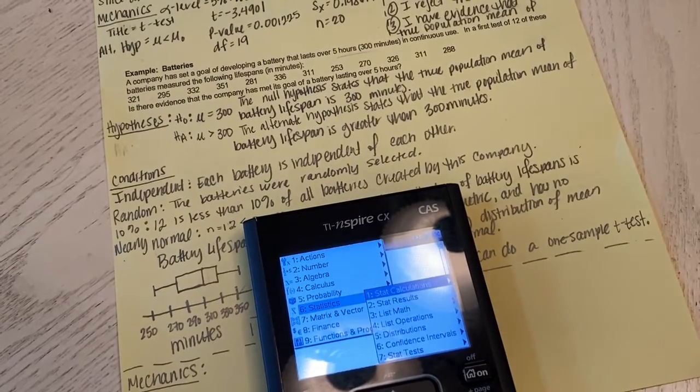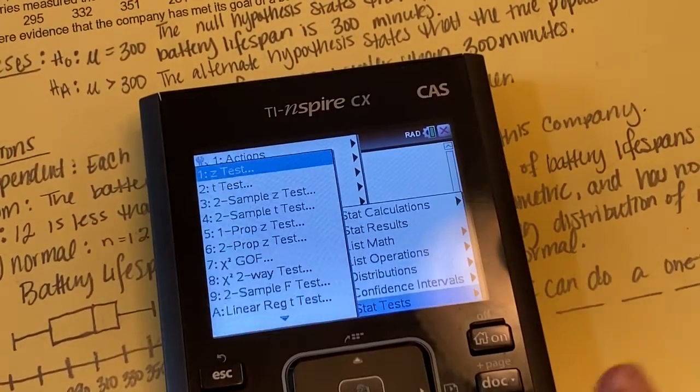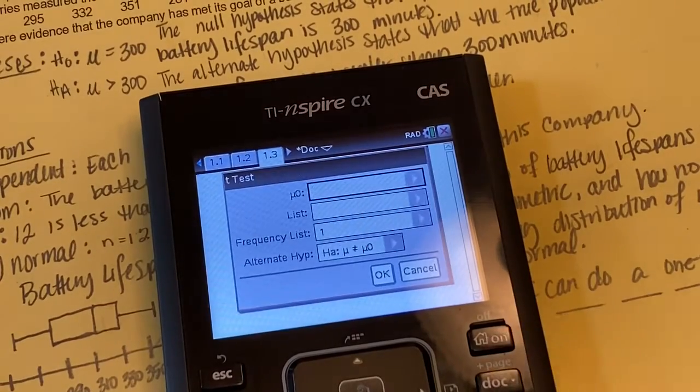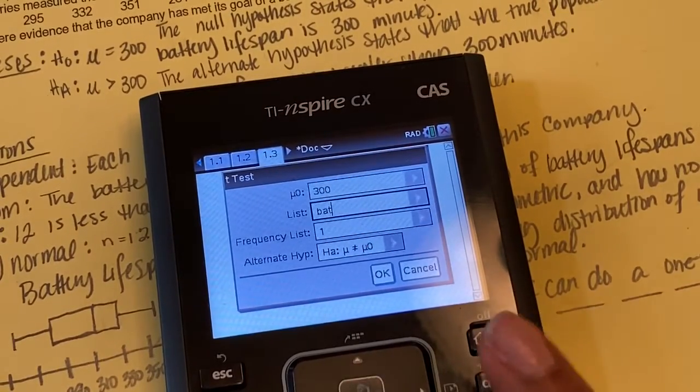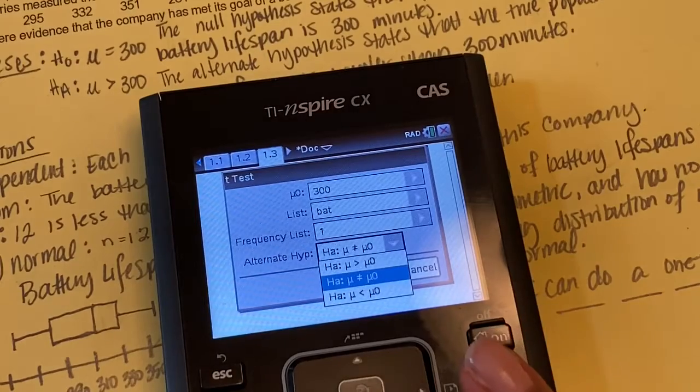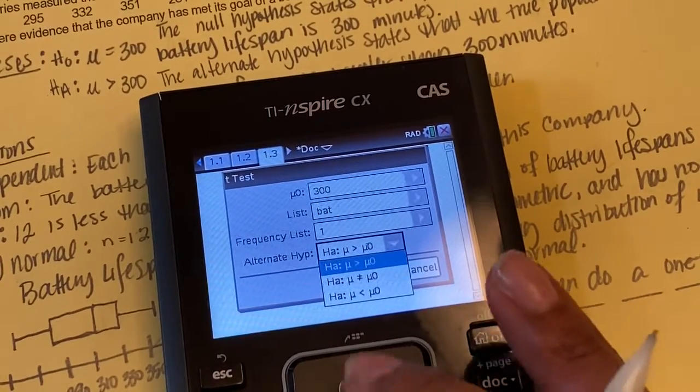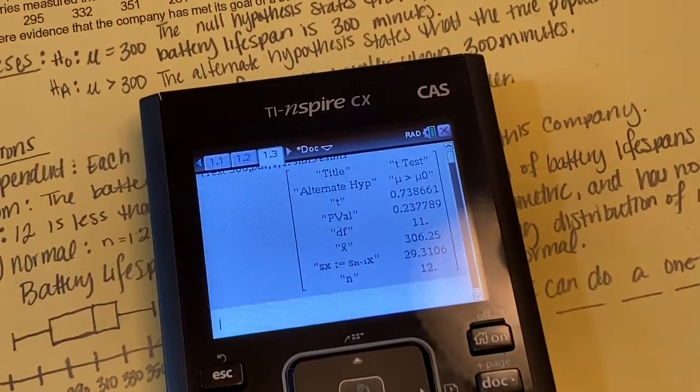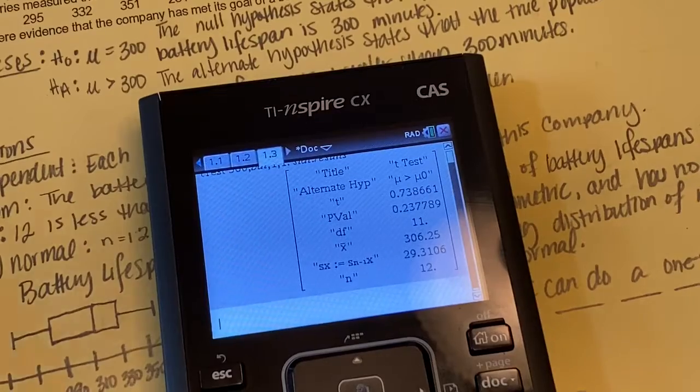All right, so now we're going to move forward with doing the t-test in the calculator. Remember, we had data points, so we're going to use the data option for setting up the one sample t-test. Don't forget to change your alternate hypothesis. And so we do a direct copy from the calculator. Hopefully you can tell by the p-value that we can,